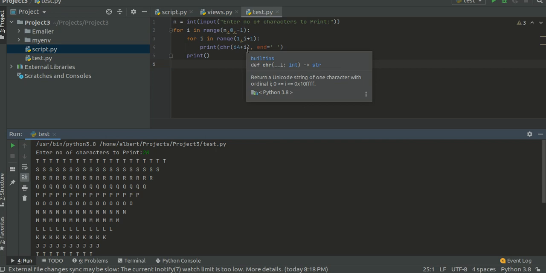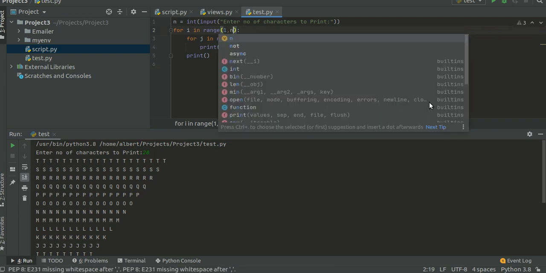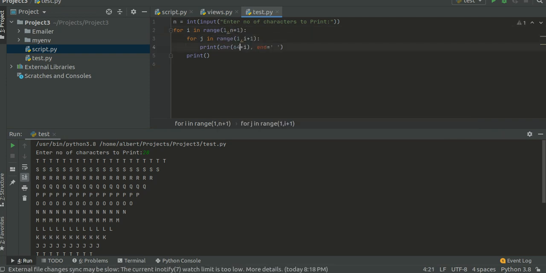What we need to print, you have to understand that. How we are iterating it and what we need to print. We can also see if we iterate I from 1 to n plus 1, this way also we can print.